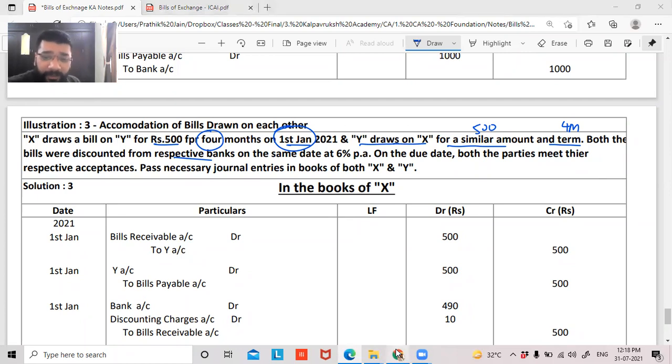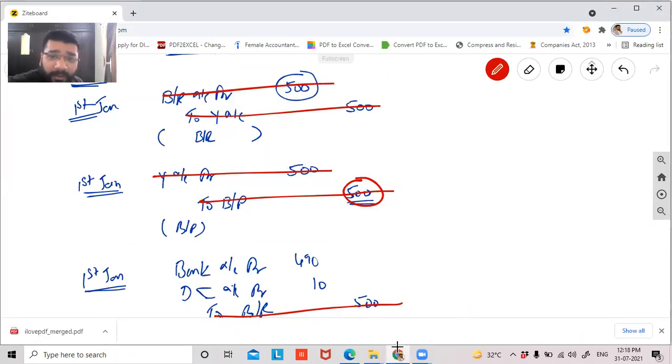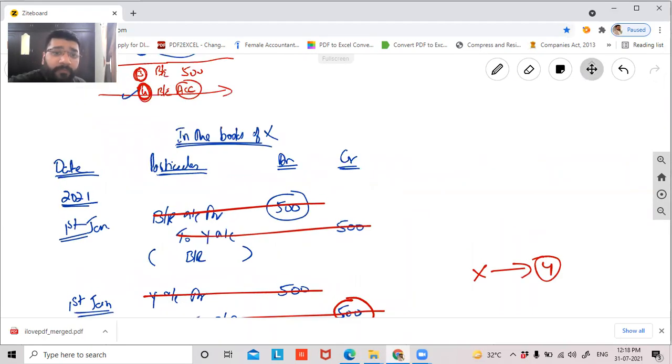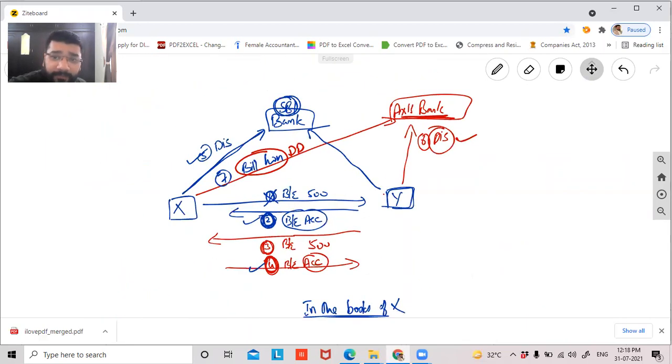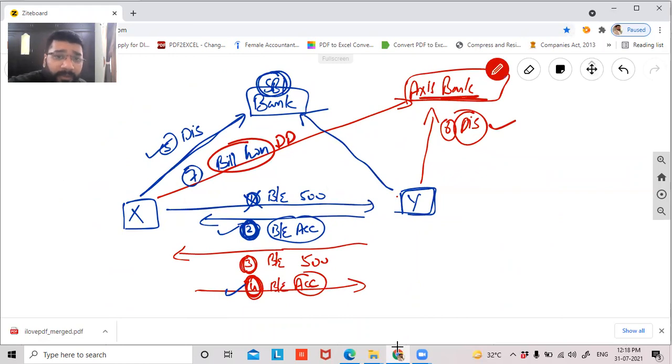கண்ணா நீ என்ன சொல்ற? அதாவது X வந்து Y க்கு கொடுக்கணும், கரெக்ட்டா? Yes, sir. X Y க்கு எது கொடுக்கணும்? Why should X give to Y? Because Y should pay to SBI Bank. இங்க வருவோம். Coming to this diagram, Y has to pay to SBI Bank, கரெக்ட்டா? Yes, sir. For that only he has discounted the money from the Axis Bank, no, already. He's already having the money with him, no?